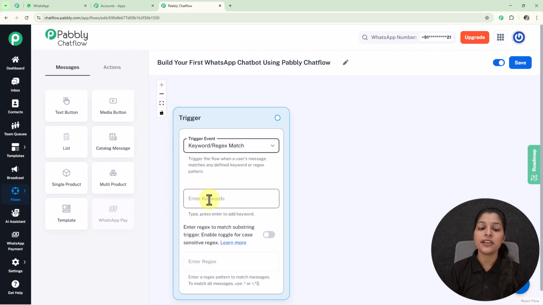Now you might be thinking, what is this keyword and regex? Keywords are the words which initiate your WhatsApp chatbot. Let's say I want to initiate my WhatsApp chatbot as soon as someone enters the message hello. So here I'm going to make this word my keyword. I have typed it and pressed the Enter key, and this way our one keyword is ready,